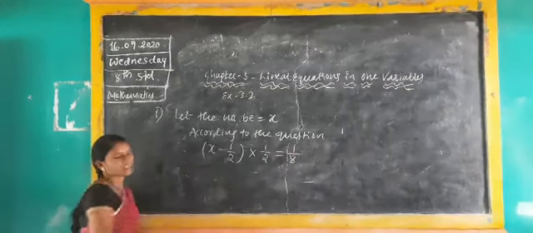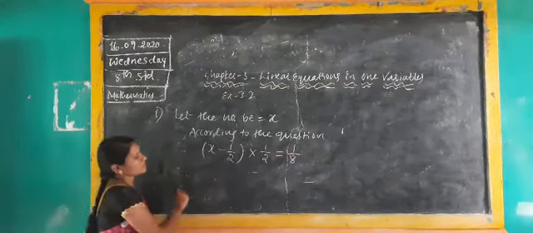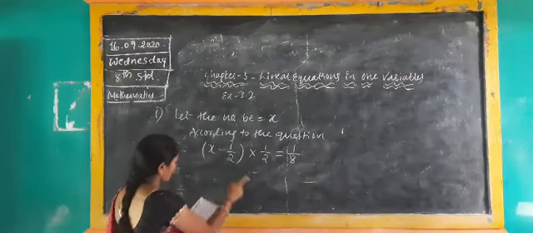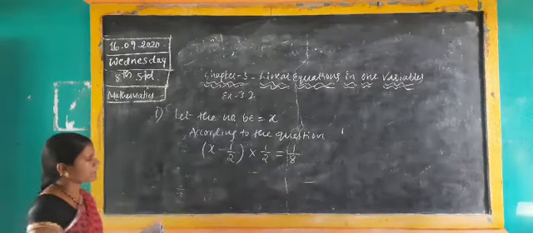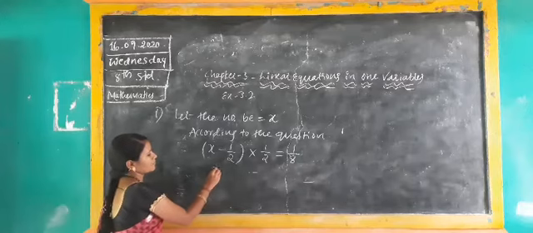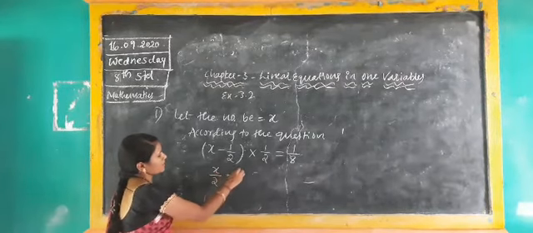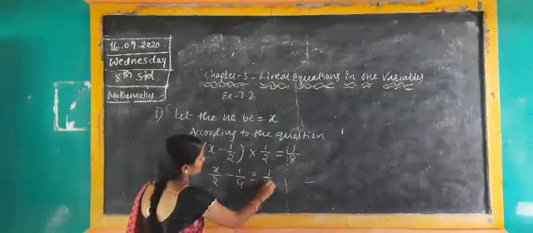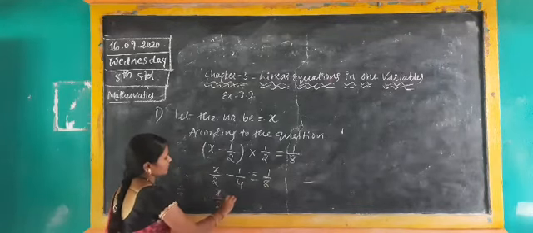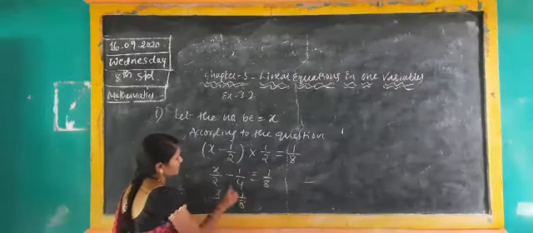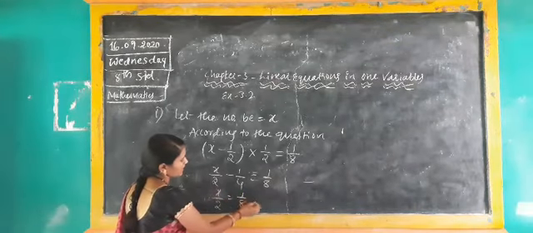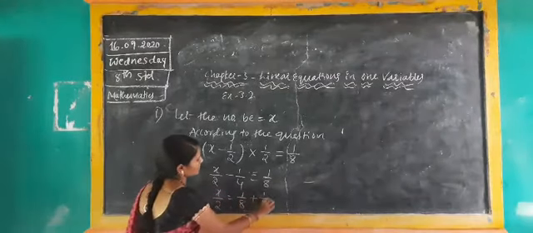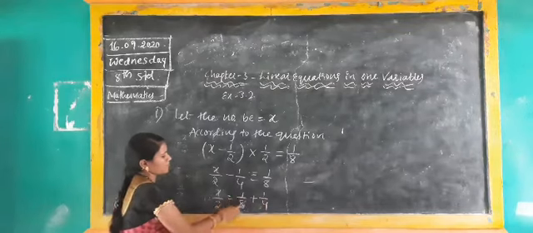Now you have to solve for the x value. See what is there. x minus 1 by 2 into 1 by 2 means multiply by 1 by 2. Multiplying, x by 2 minus 1 ones are 1, 2 twos are 4, is equal to 1 by 8. Now x by 2 is equal to 1 by 8. Here minus 1 by 4 I am taking across, so it becomes plus 1 by 4. Now see 1 by 8, 1 by 4.